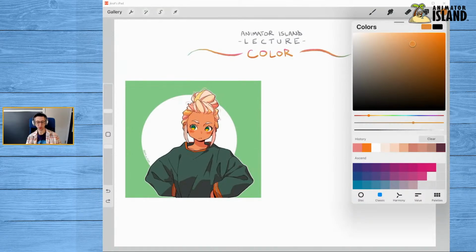Now the question is, do I think that this matches? And as I flick my eyes back and forth, that's what's happening here. I'm looking back and forth between my color picker up in the right-hand corner to see what I'm looking at and the image that I have as my reference. I flip back and forth and I say, do I think that that is correct? No, I think this is too orange, and I think that there's a peachier tone to her. So I'm going to move this slider back a little more towards red, and that's going to allow me to get a little peachier. Now, I think it might be a little bit too dark, so I'm going to move up and over a little bit.